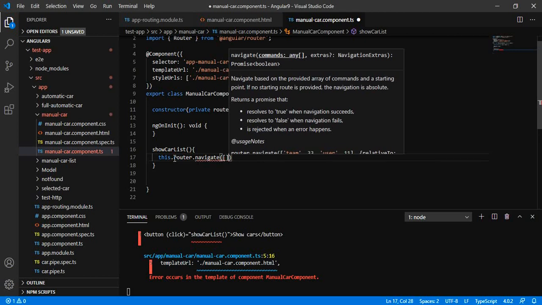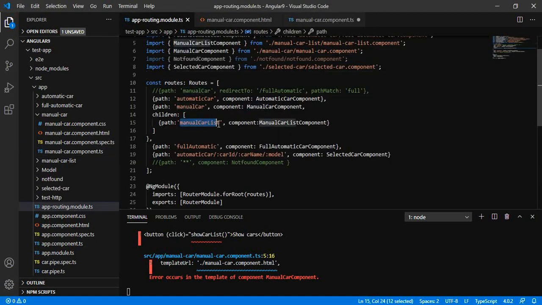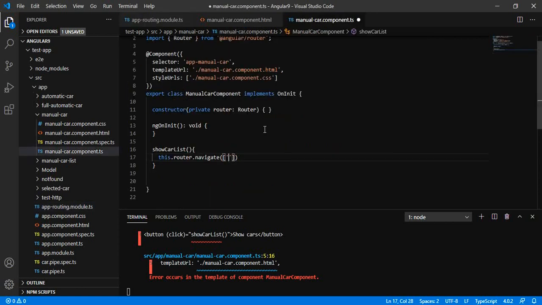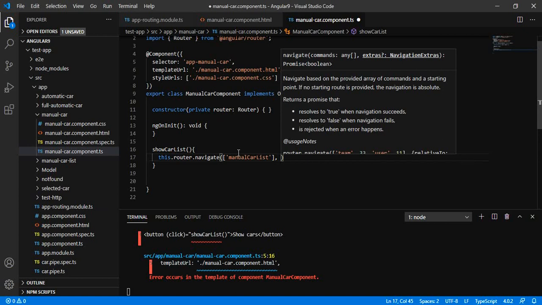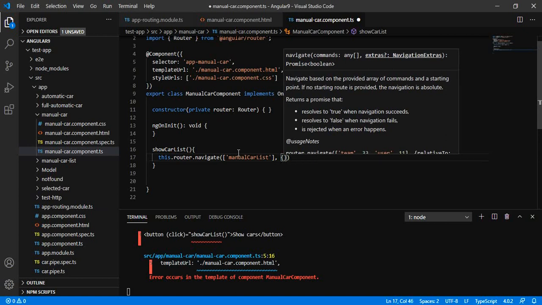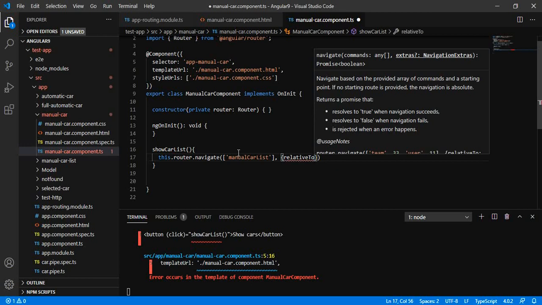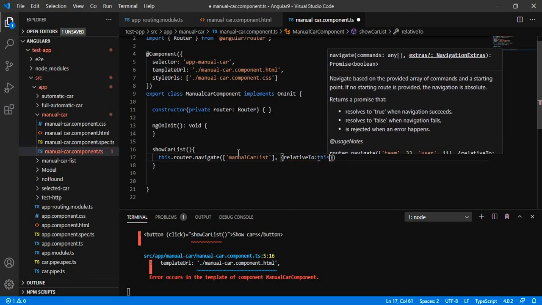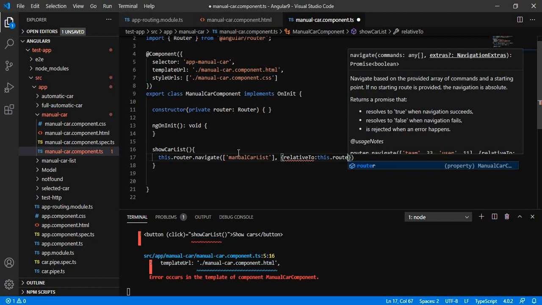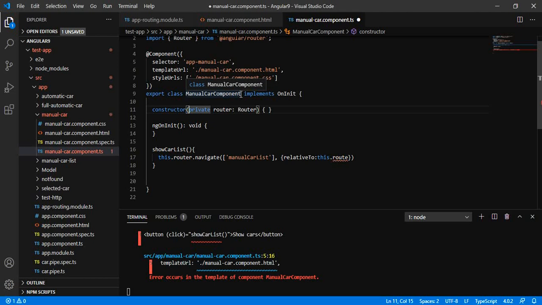Just like we used to navigate, you will simply add the path, and this will be relative to this dot route, the activated route.